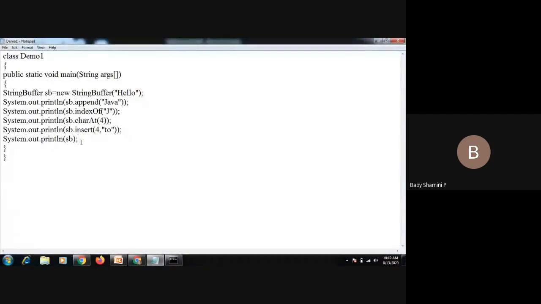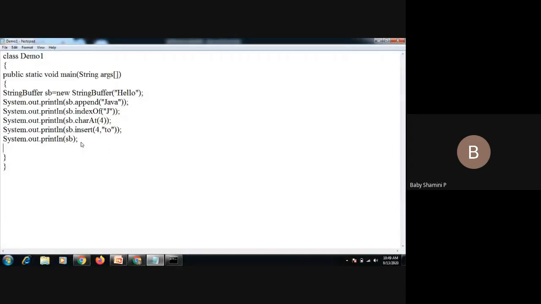Next we have the replace method. In the string concept, to replace we give object.replace of old character, comma, new character. But in string buffer we need to give a starting index, an ending index and a string value.